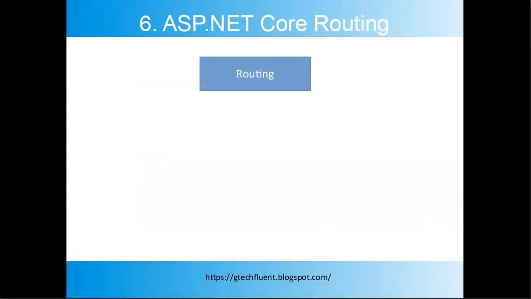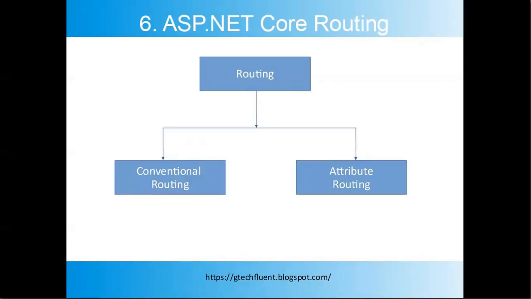Routing in ASP.NET Core is a process of mapping incoming requests to the application logic that resides in controllers and methods. ASP.NET Core maps incoming requests based on the routes that are configured in your application. For each route, you can set specific configurations such as default values, message handler, constraints, and so on. There are two techniques of routing. The first one is conventional based routing and the second one is attribute based routing. Conventional based routing is determined based on the conventions that are defined in the route template, and at runtime, it will map requests to the controllers and actions.